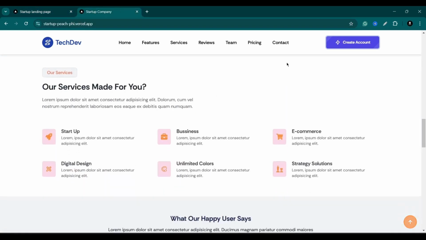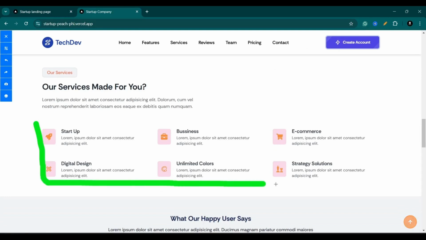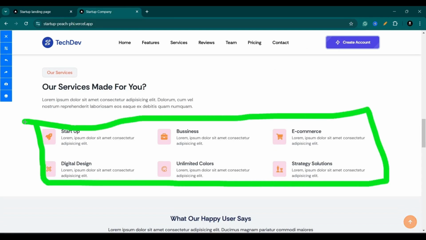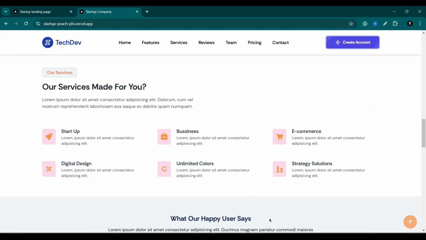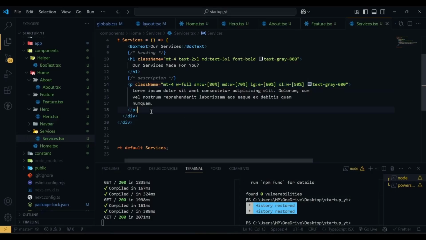Next what we are going to do is we are going to use our grid system, and we are going to divide the whole page in 3 grid columns. So this is the 1, this is the 2, and this is the 3. So we are going to create 3 separate columns for the grid. So after the P we have our grid,